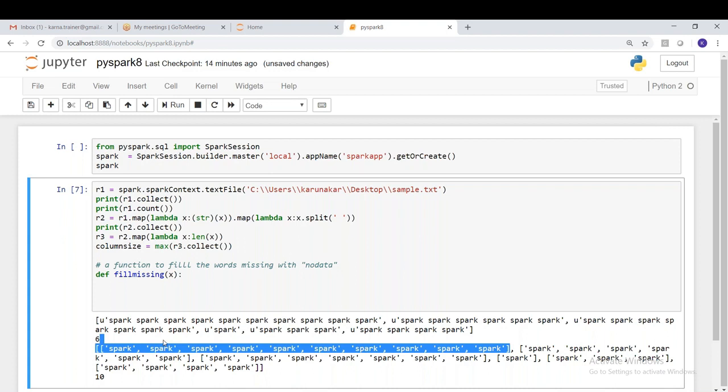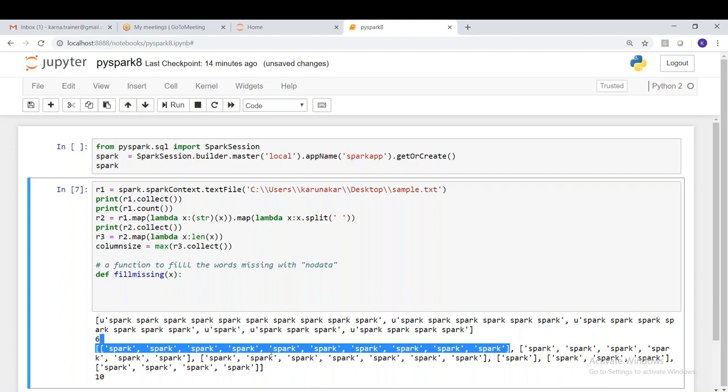So when we pass a list with, let's say, 10 elements, it should be fine. And if you're passing a list with only four words, it has to return a list with 10 words. Irrespective of the number of words in a given list, it has to return a list of 10 words. Then only we can create a data frame out of it.